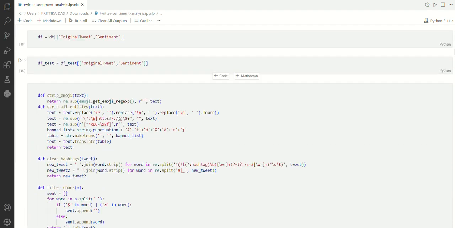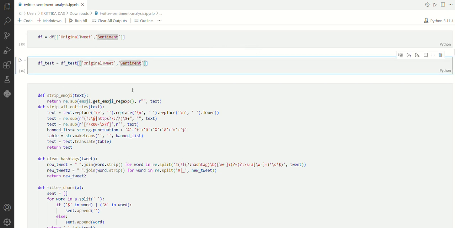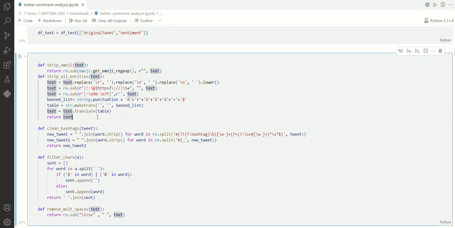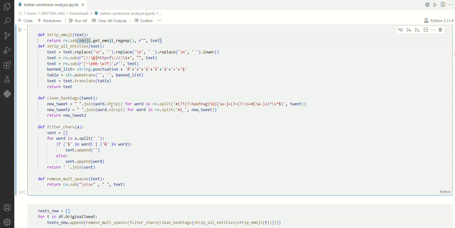Moving on, we are now going to go towards the testing set where we are taking the original tweet as well as the sentiments into consideration, and then the most important thing about data pre-processing is the cleaning of data. Here we'd be removing any kind of emojis which are already present in our data,